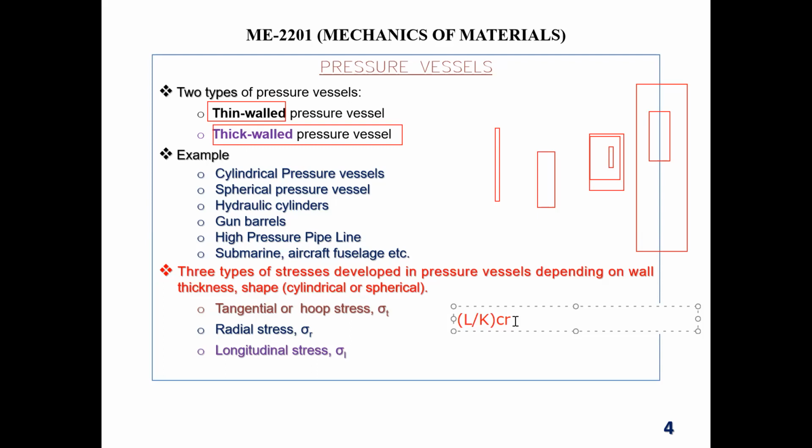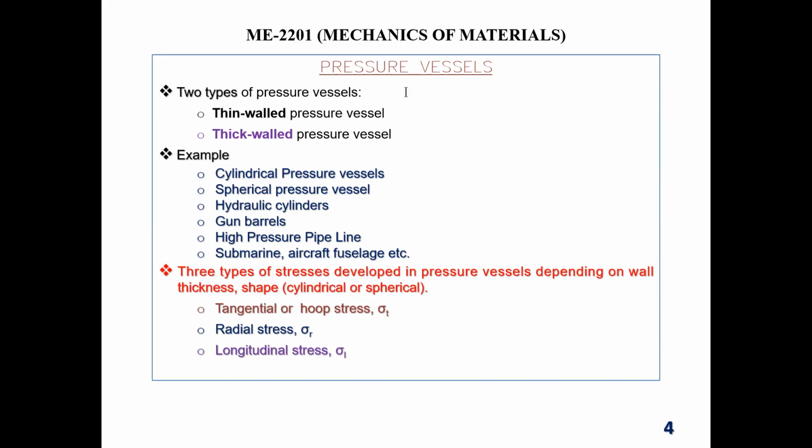Similarly, if a wall of the pressure vessel is too thick, you might say this is thick wall. No, that also might behave like a thin wall. Similarly, a pressure vessel, wall is very thin, but depending on size, it might work as a thick wall pressure vessel. So how will we figure out? There is a thumb rule